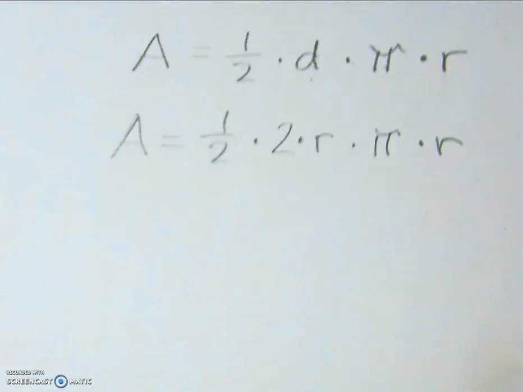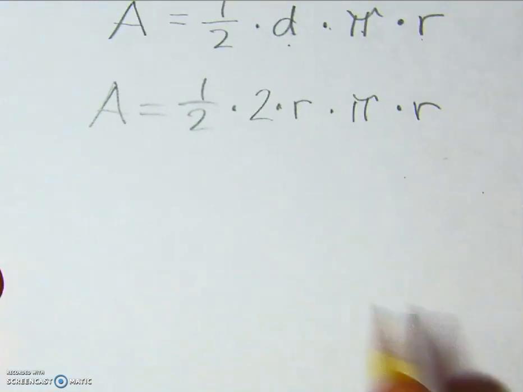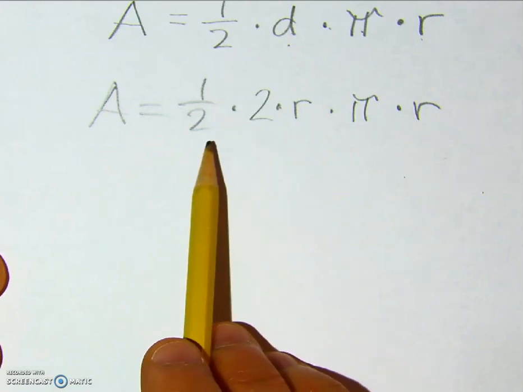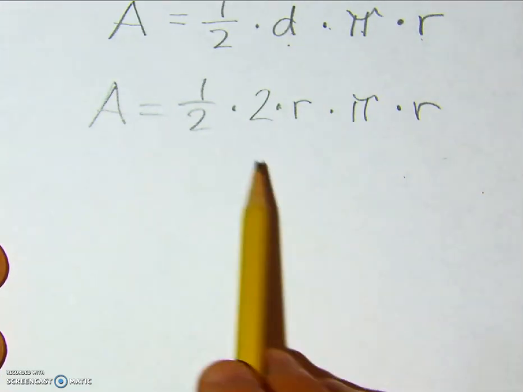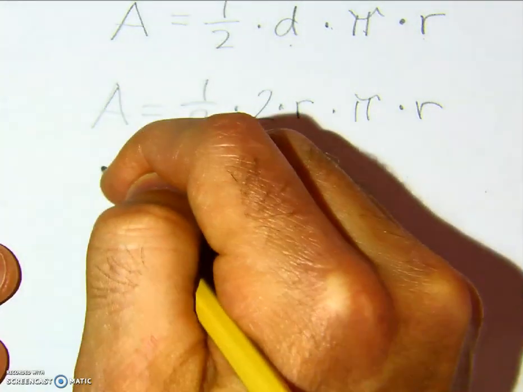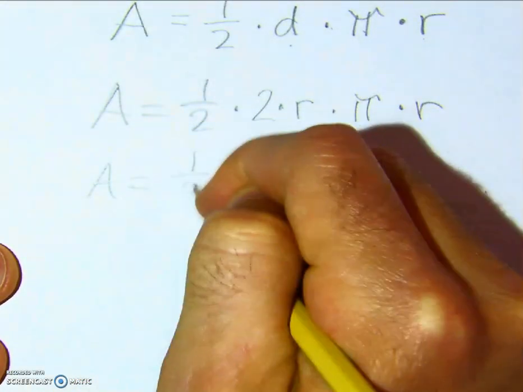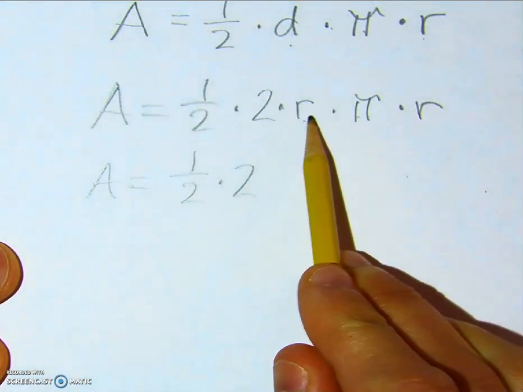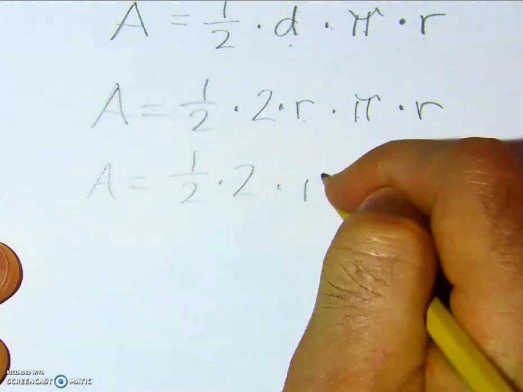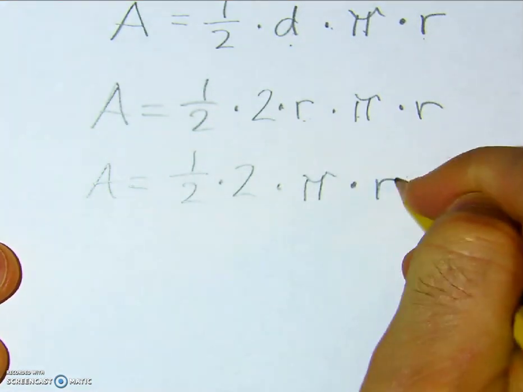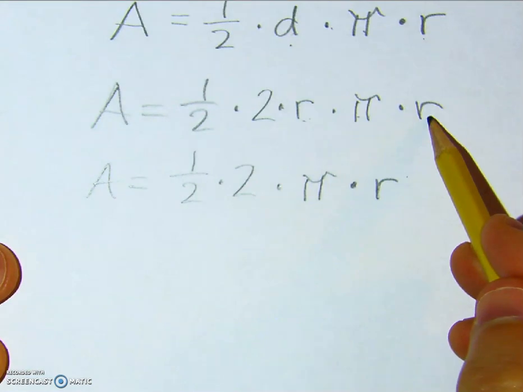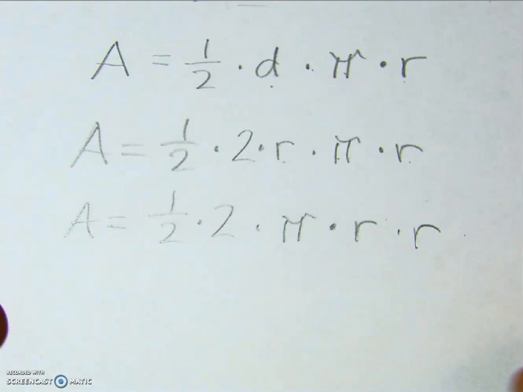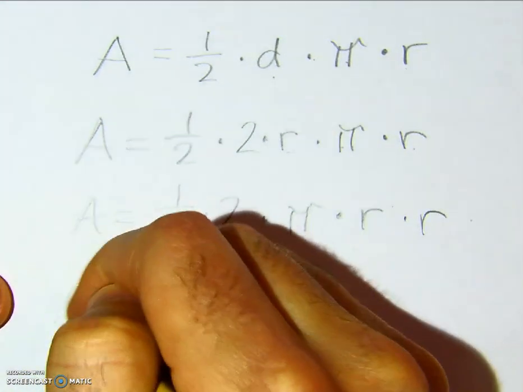All right, we are almost there. This is still a mess, but because everything is being multiplied, that means that I can use the commutative law and start moving these around in any order that I want to. So here's what I'm going to choose to do. I'm going to leave those the way they are, and I'm going to switch these two right here. I'm going to make the pi go second. I'm going to make the radius go after that, and then don't forget about this radius right here. All right, cool. Here we go. Now, if I do this arithmetic right here,